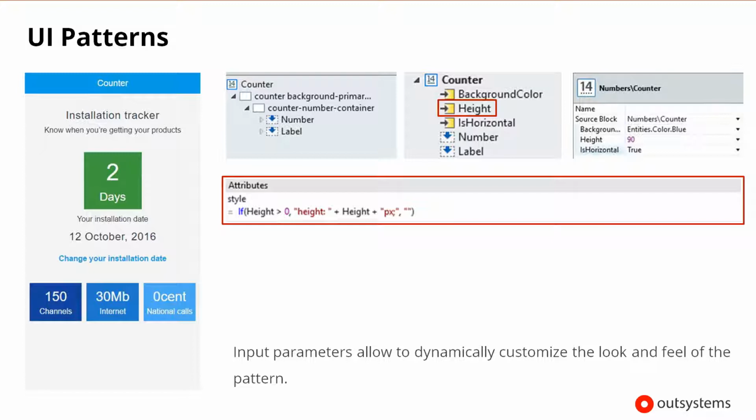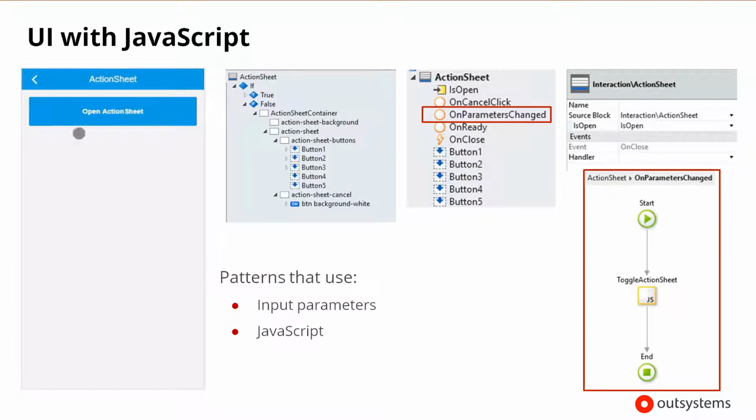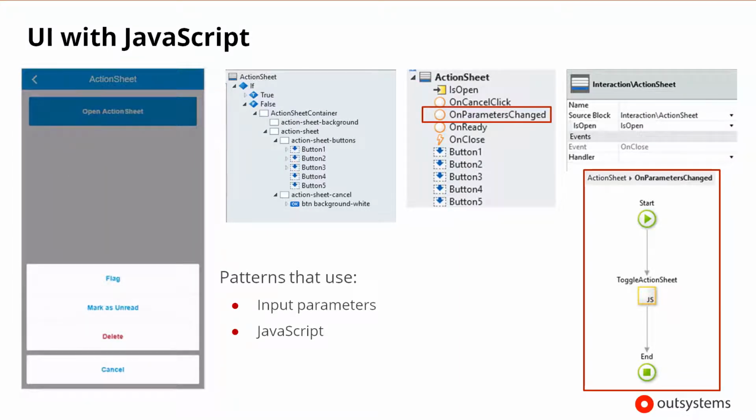So here in this expression, you can see if the value of the height is greater than 0, we set the pattern height in the style. Otherwise, we default the style to the basic look and feel. In the UI with JavaScript pattern, along with input parameters, JavaScript is used to provide additional and more advanced behaviors. The example shown here uses JavaScript to toggle the visibility of the action sheet based on the value of the